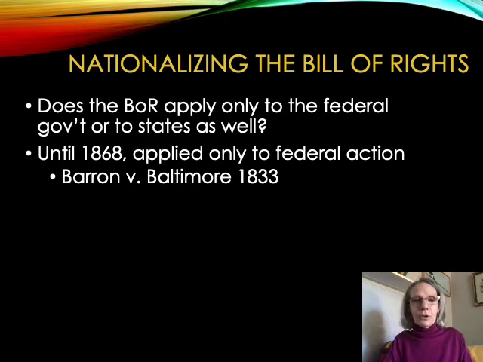Well, John Barron sued the city of Baltimore and said that his right to eminent domain was guaranteed in the Fifth Amendment of the Bill of Rights. Eminent domain is basically the takings clause. It says that if government takes your property from you, they have to give you fair market value for it. And John Barron said, look, Baltimore basically took my livelihood from me, my business, and so they need to compensate me for that. And that question went to the Supreme Court, and Chief Justice John Marshall said, nope, sorry, Charlie. Too bad, John Barron.